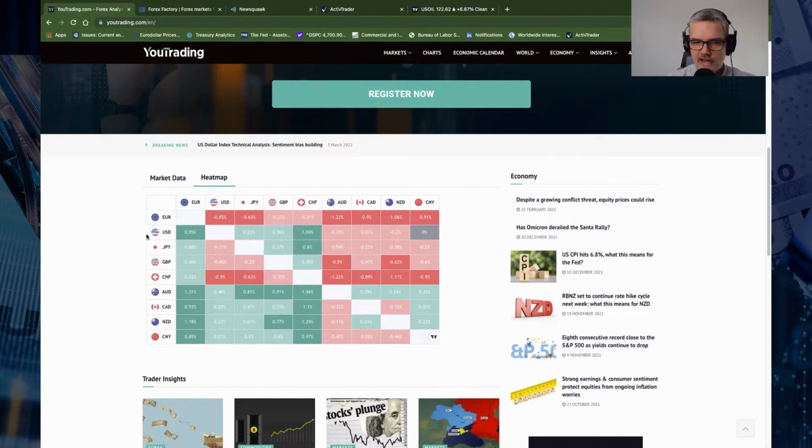So it's stronger against the euro, the yen, the pound, and the Swiss franc. If you look at the Swiss franc and the yen, the Swiss franc is definitely weak. The yen has been weaker, and the euro is currently the weakest currency relative to everything else. And the Australian dollar is currently the strongest. There is some RBA news coming out this week, so we'll take a look at that.